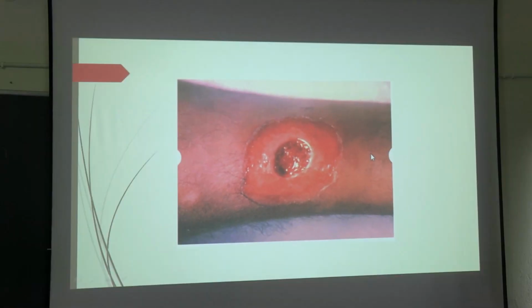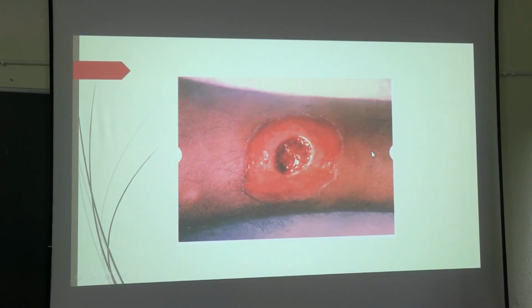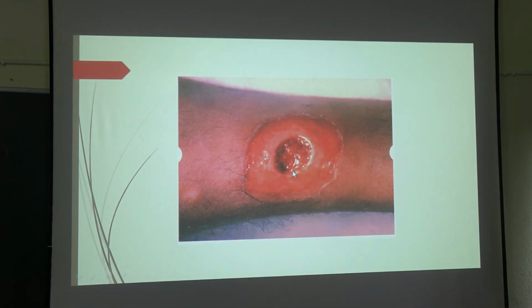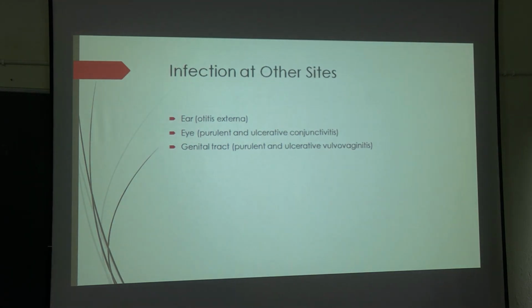Extremities are more likely to be affected than trunk or head. Pain, tenderness, erythema and exudate can be seen. What does it look like? Look at this picture. What does it seem like? It looks like someone has taken a punch hole type, made a hole there, right? This was seen in earlier days, now it is not seen because of widespread immunization and antibiotics. So this is the cutaneous diphtheria. Diphtheria can also affect other sites, like it can cause otitis media, conjunctivitis and vulvovaginitis.